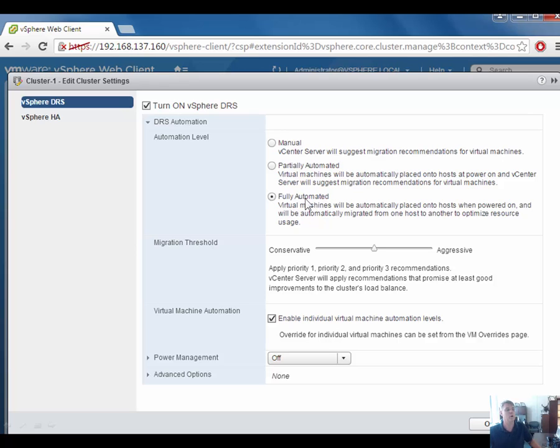Now the question is, when does it move virtual machines from one ESXi host to the other? And this takes us to the migration threshold. We can set migration to be conservative. If we set the migration threshold to be conservative, that is to say, we set it to 1, that means it's not going to move virtual machines. It will only move virtual machines if virtual machines have to be moved, such as when an ESXi host is